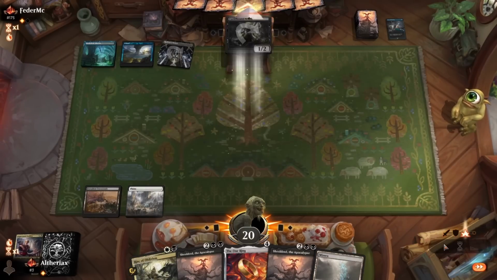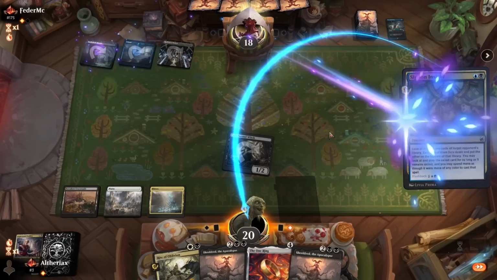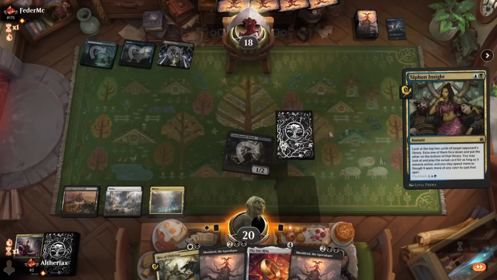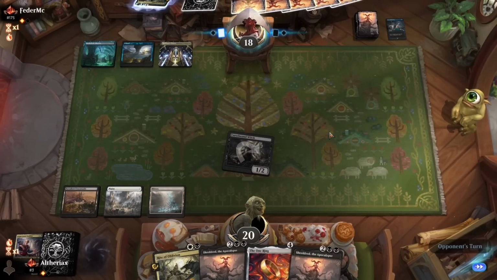Especially because this land is Mirrex as well. If the opponent does play reactively, we can just sandbag the Mirrex, activate it every single turn, and then when they tap out, use the One Ring. Okay, there's Siphon Insight, which is fine, I think. Well, obviously it depends what they hit, but...